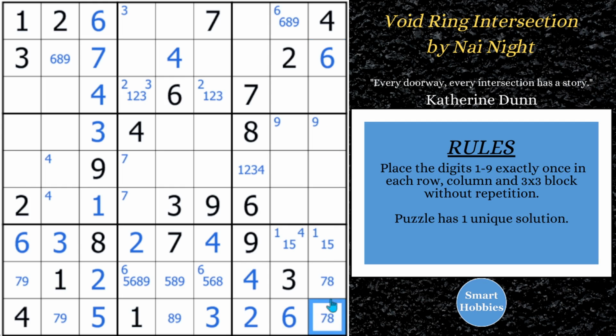And now this has to be a 6, so we can get rid of some of these marks. Nice. You got a 7, 8 there. That's now kind of a pointing pair of the 7, 8, which is going to be pretty powerful for us. Get rid of that 6 there. Get rid of the 6 here. Now you have an 8, 9. Okay,